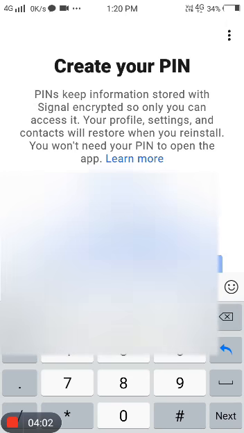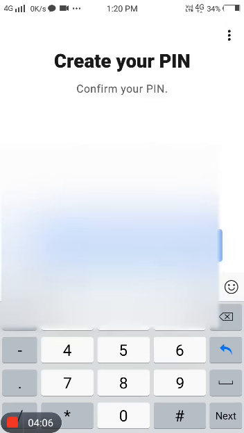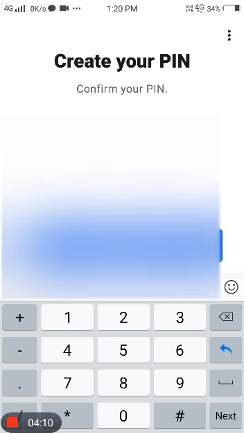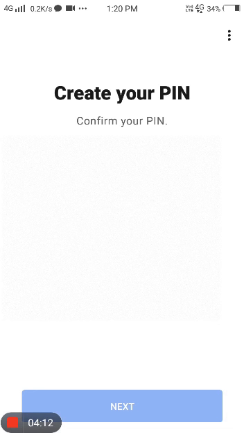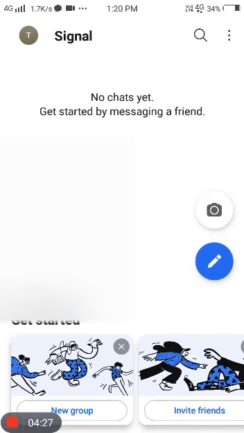I am giving this. Next. Again it is asking to re-enter the PIN number. Now it is taking the PIN number. It is a personal identification number. Yes, this is the first screen, and it is asking you to add your profile picture, and I am